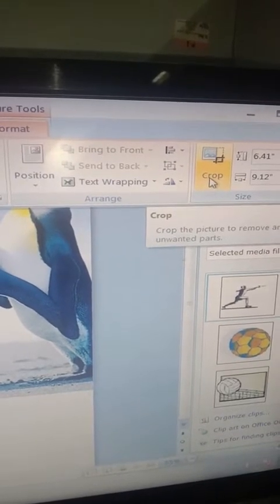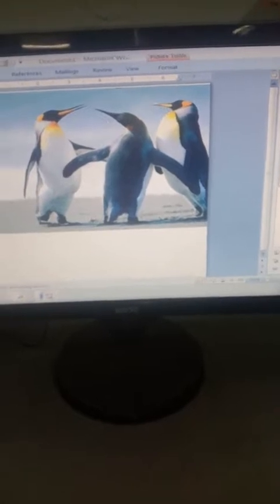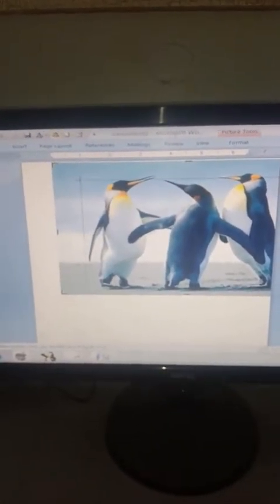So suppose I have left clicked over here, it gets on. Now reduce the size of the image. Suppose drag it toward the inward side like this.